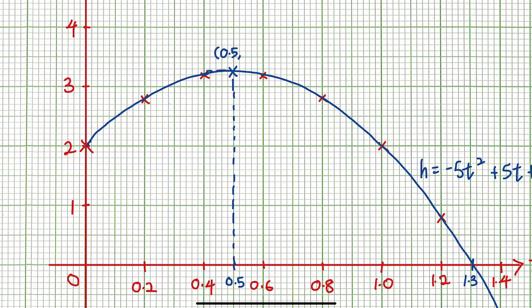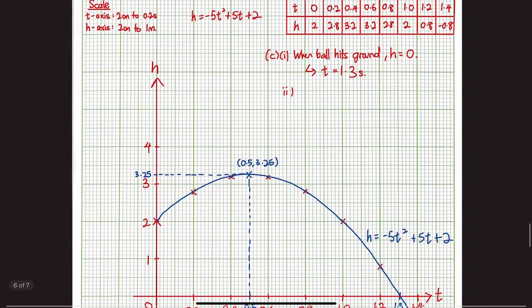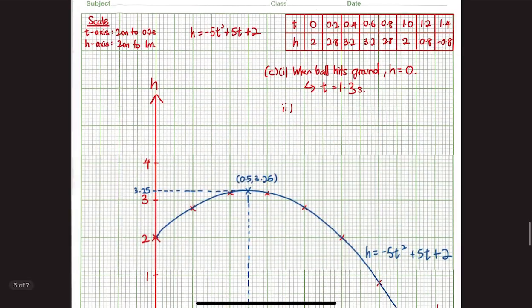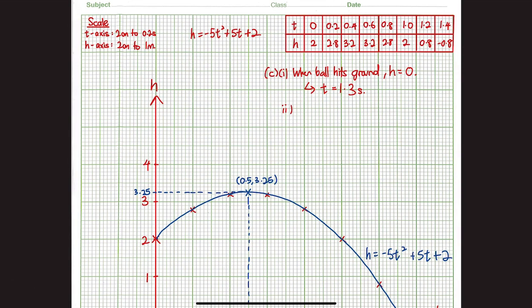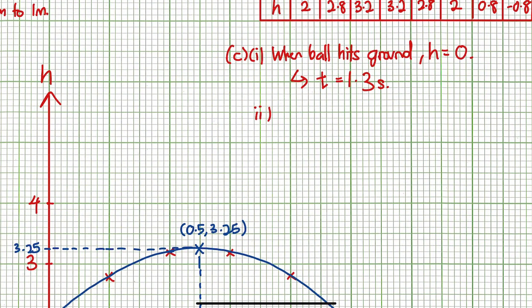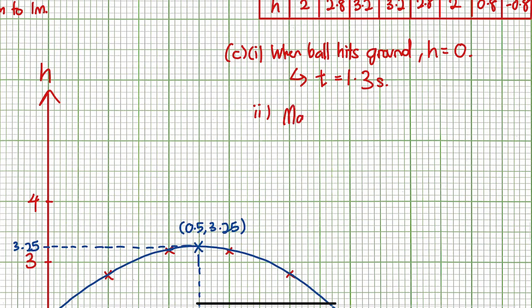Use a ruler, okay, mark out, dot it to your y-axis. Then read the y value over here. You should tell that this should be 3.25. Okay, therefore I can label this as 3.25. So this means that over here, maximum point. The question here says maximum height of the ball. So if you were to use my graph, your own graph may be different, but the number should be about the same. Maximum point,